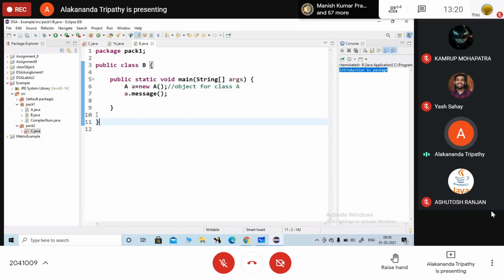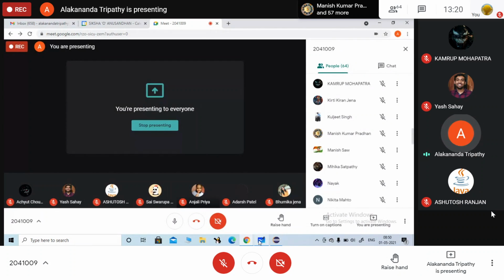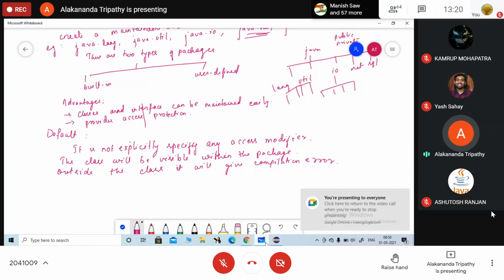Next we will go with the private access specifier. Note it down.